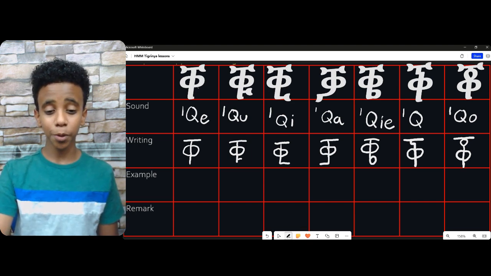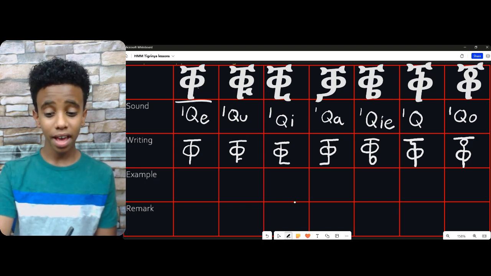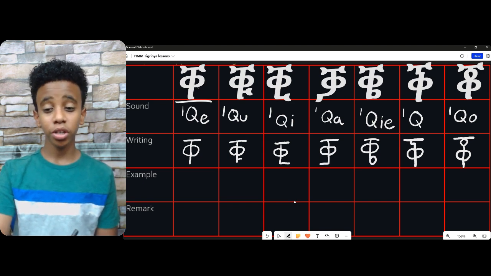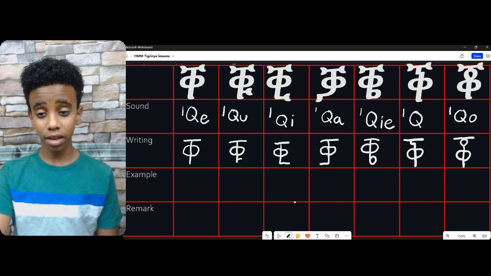Our first example is going to be made up of the letter q. And if you were to ask me an example for the letter q, I would say